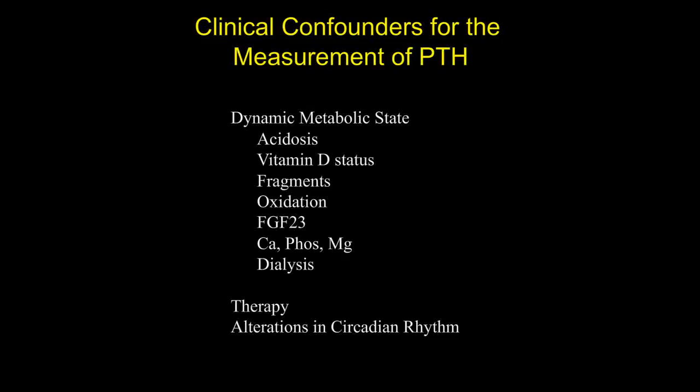There are many confounders for the measurement of PTH, such as the dynamic metabolic state, including acidosis, the vitamin D status, as Dr. Martin mentioned fragments, oxidation, the effect of FGF23, calcium, phosphorus, magnesium, and dialysis, as well as specific therapy for hyperparathyroidism, such as vitamin D analogs and calcimimetics, as well as there is a circadian rhythm for the